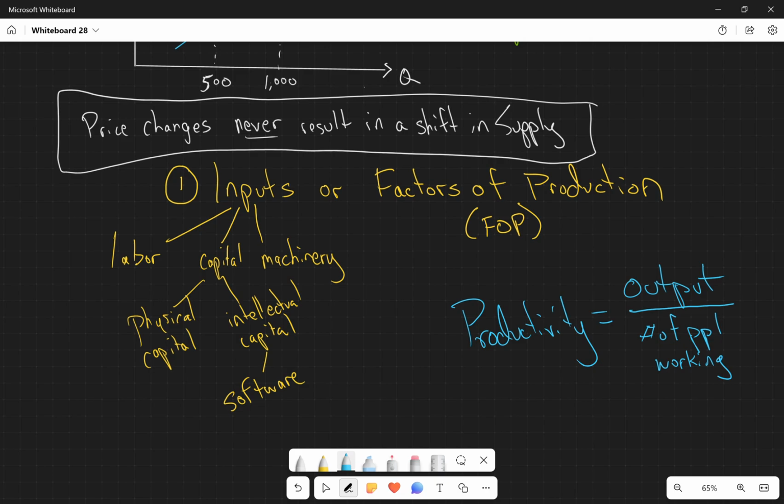When we look at labor productivity, we see a giant spike during COVID,